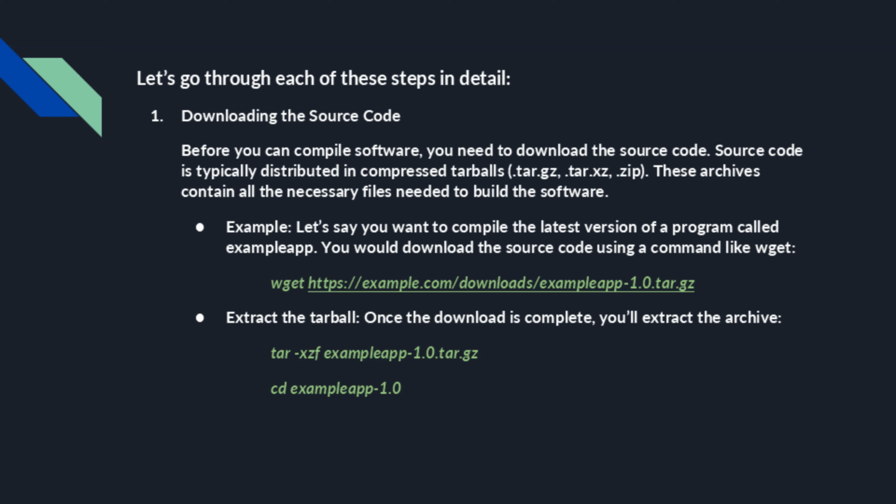Downloading the source code. Before you can compile software, you need to download the source code. Source code is typically distributed in compressed tarballs: .tar.gz, .tar.xz, .zip. These archives contain all the necessary files needed to build the software. Example: let's say you want to compile the latest version of a program called exampleapp. You would download the source code using a command like wget